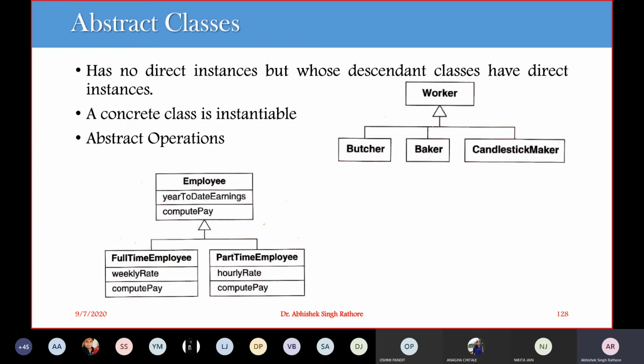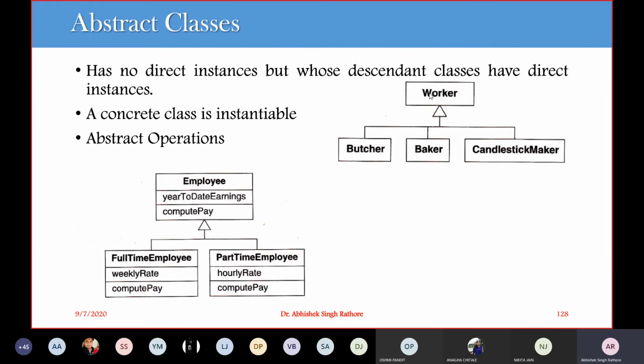Now we have some abstract classes. So what are these abstract classes? The basic definition you have studied is that abstract classes have no objects, which means they have no direct instances. We can make instances of their concrete classes. So what are concrete classes? Concrete classes have the implementation of the methods that are defined in the abstract classes. In an abstract class, we will not provide any implementation or definition, and the subclasses will implement all the methods specified in the abstract class.